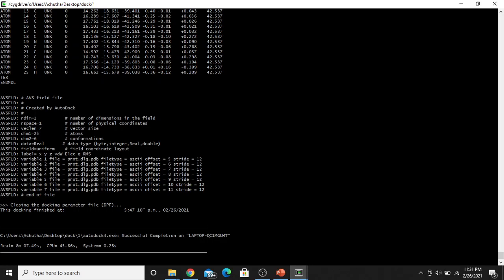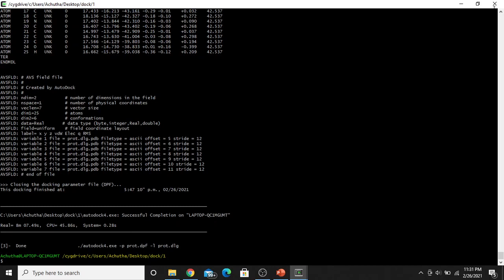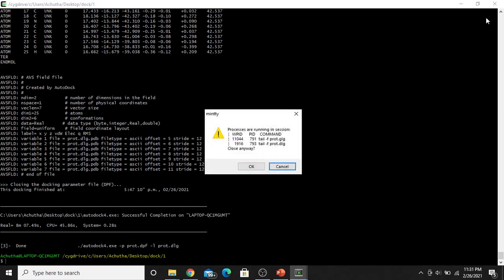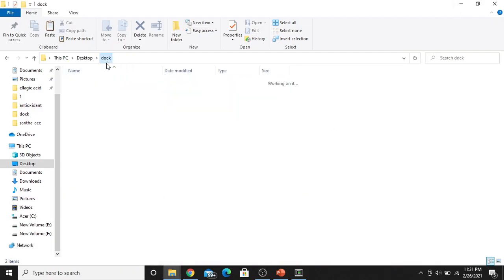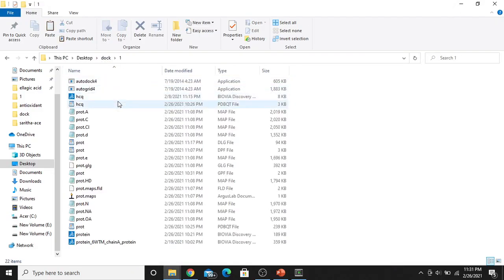Only after successful completion you have to press enter. Okay, press enter, and then you can close. Then something will be shown, you can click OK. Okay, so this was already generated by me, it will take some time, so it's running. So I already prepared the outputs.